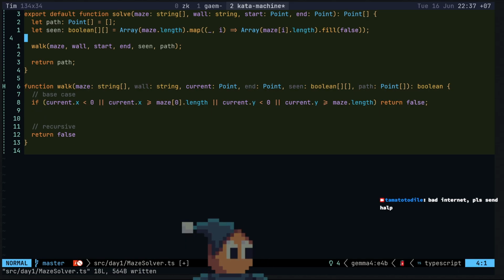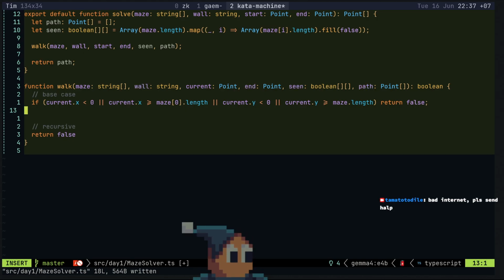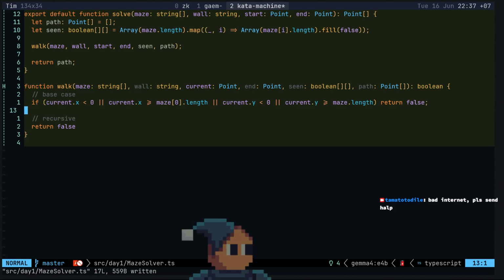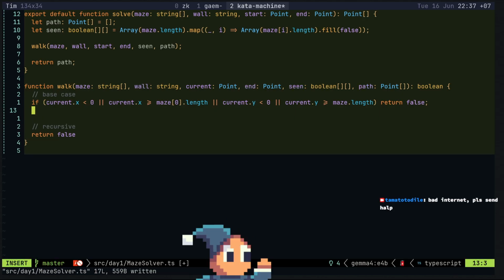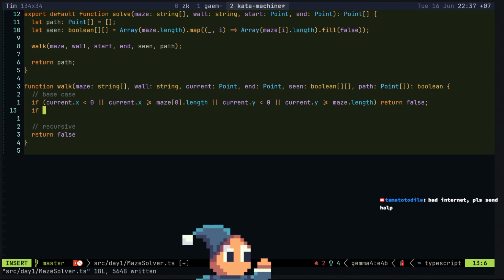What else? Oh, you gotta be kidding me. Wait, why is it not properly indenting me? There no, we would not have like a prettier for TypeScript or something.